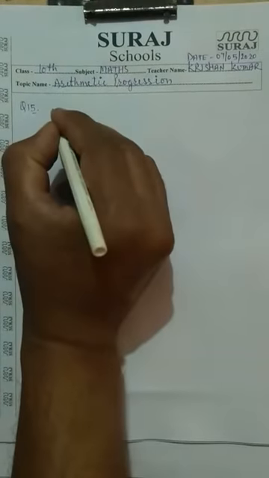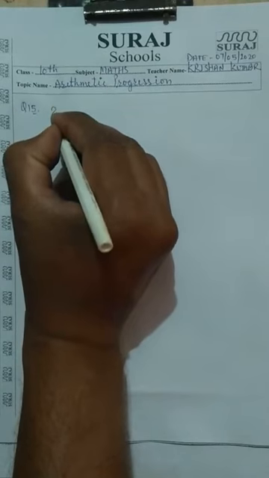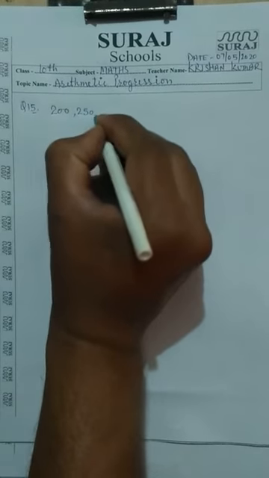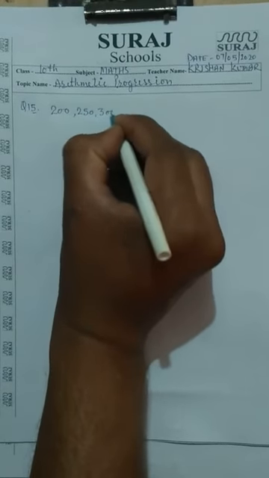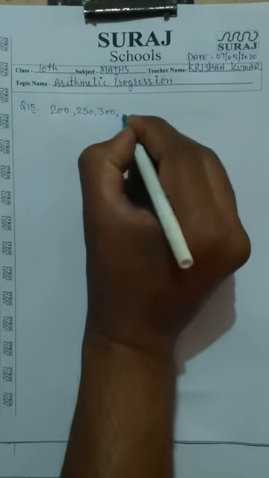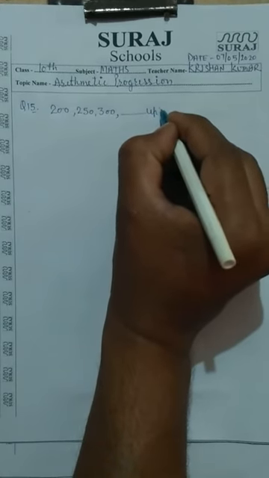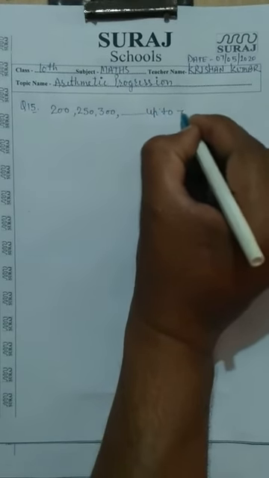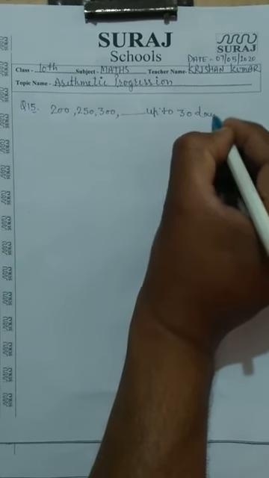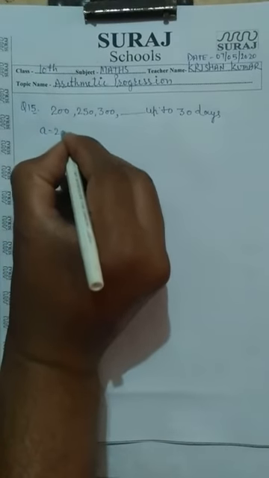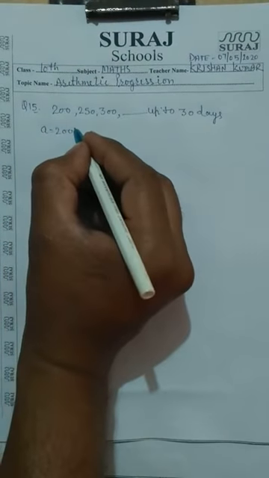It means beta, first day contractor pays rupee 200, second day pays 250 rupee, third day pays 300 rupee, and so on up to 30 days. It means that is the AP beta. a is 200. a is 200. d